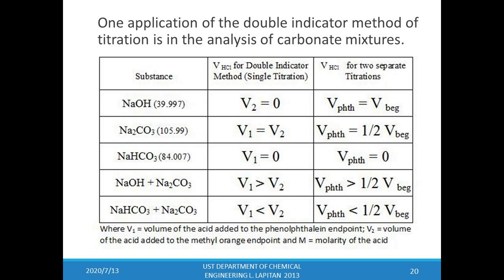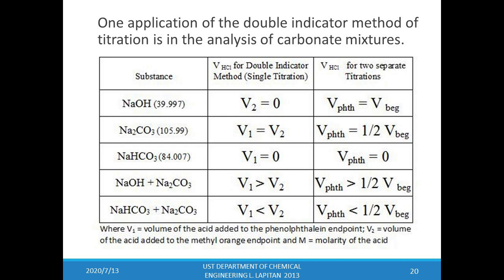The corresponding volume of the acid titrant required to reach the phenolphthalein endpoint is denoted by V1, while the volume of the acid required to reach the methyl orange endpoint is denoted by V2. In the third column, this is a double indicator method carried out in two different vessels. In this case, the first vessel is added with phenolphthalein and another aliquot is added with bromocresol green, or another